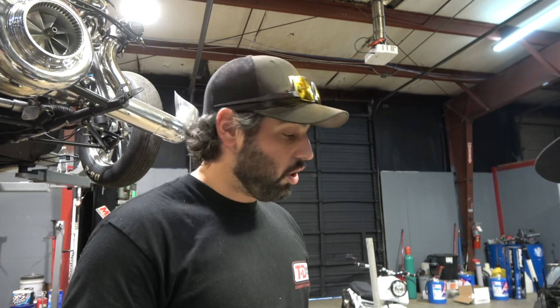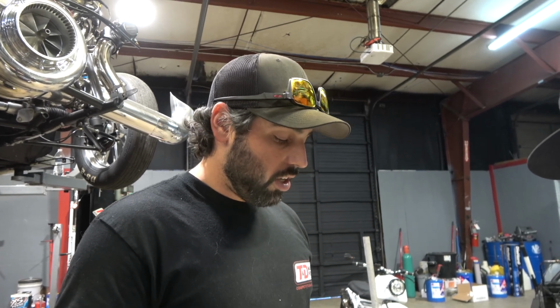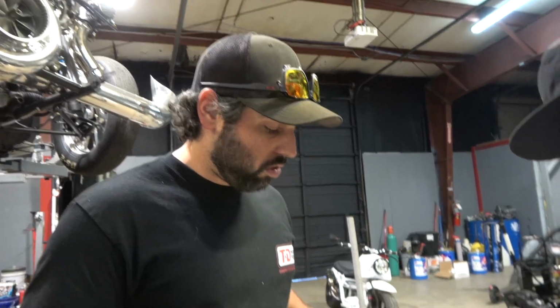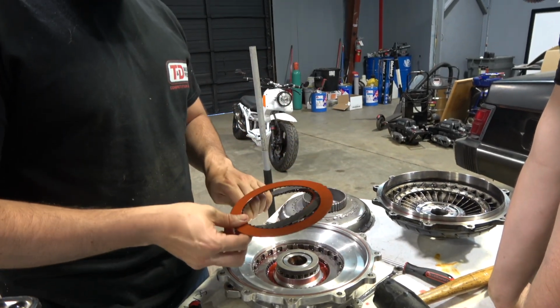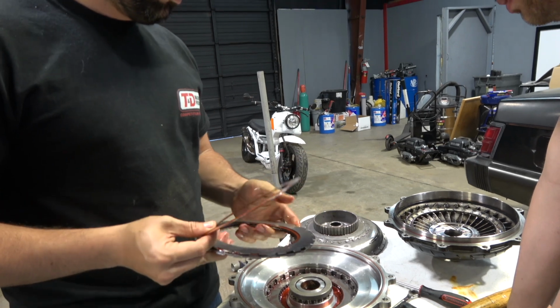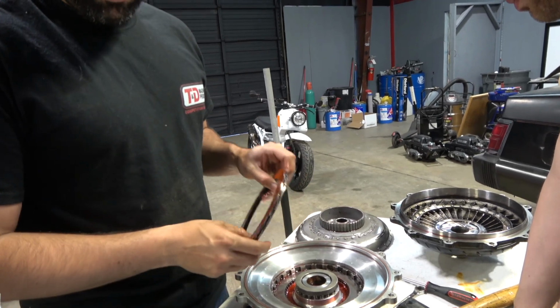Everything seems to look good. I mean, nothing looks like the clutches are smoked or anything like that. Everything literally looks brand new. Yeah, it does look brand new. There's no heat on any of the pressure plates. I mean, literally everything looks